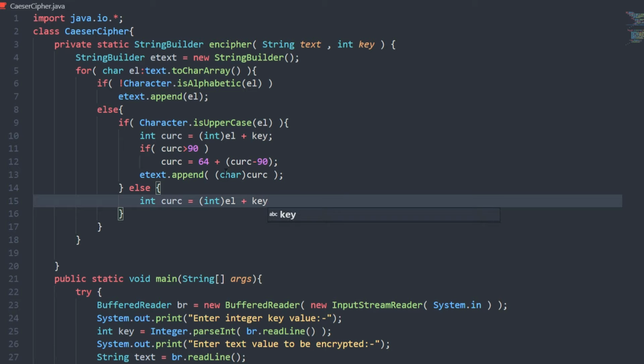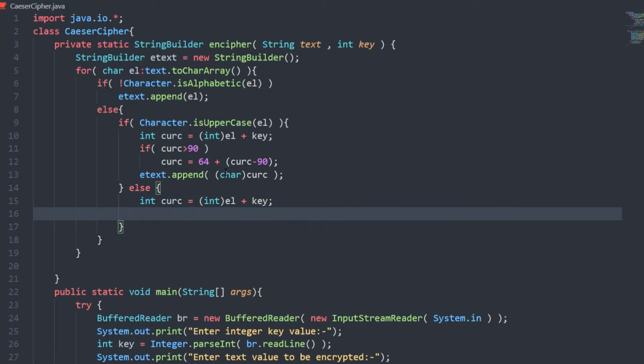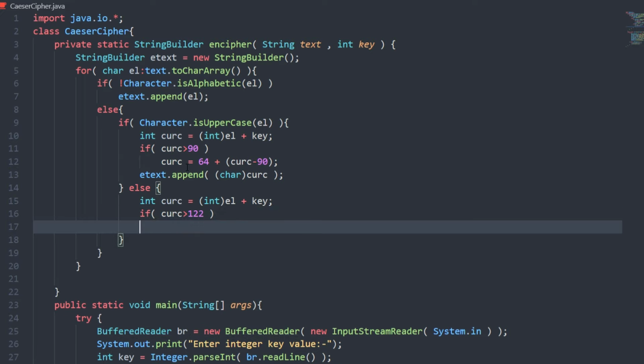We have to just add a key to our current character, and now we have to check if our current C has exceeded the value of 122, because 122 is the value for lowercase z, and if it has exceeded, we can do the same thing.